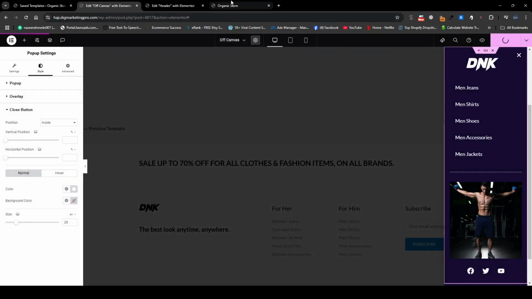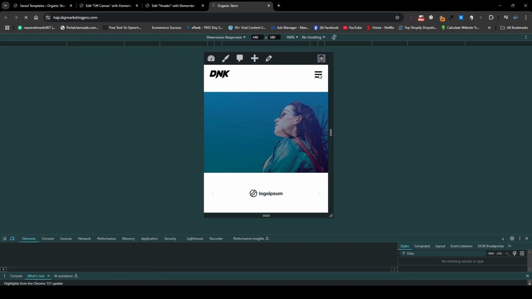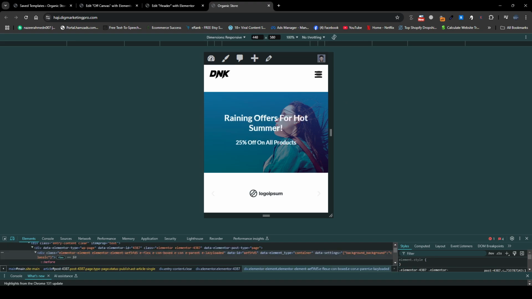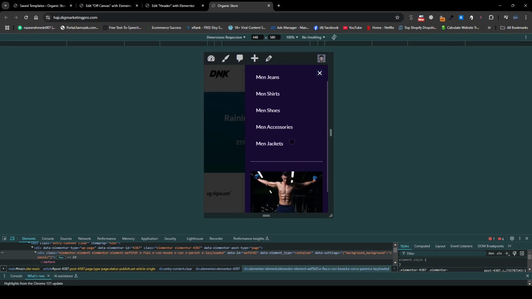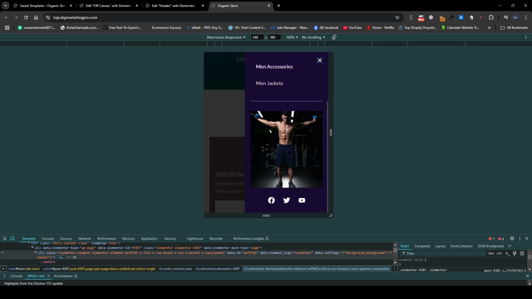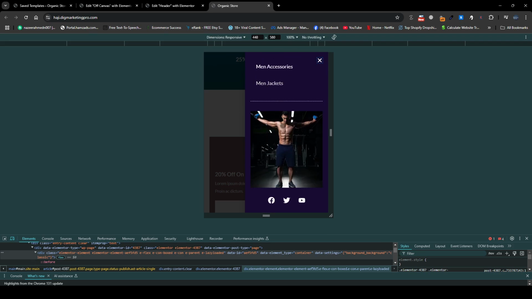Just save and close. Just go back here again. So now let me click on here again. So now you can see we have this close button and we have the off canvas here, and our social icons, the picture, and our menu. So that's how you can create the off canvas menu.